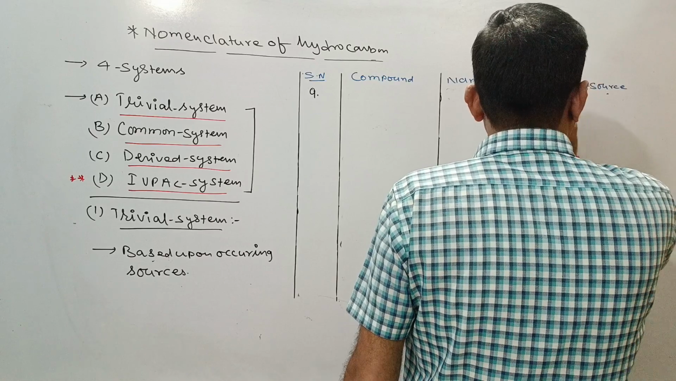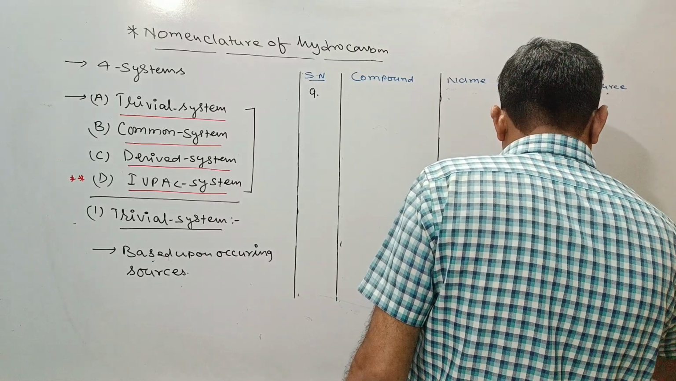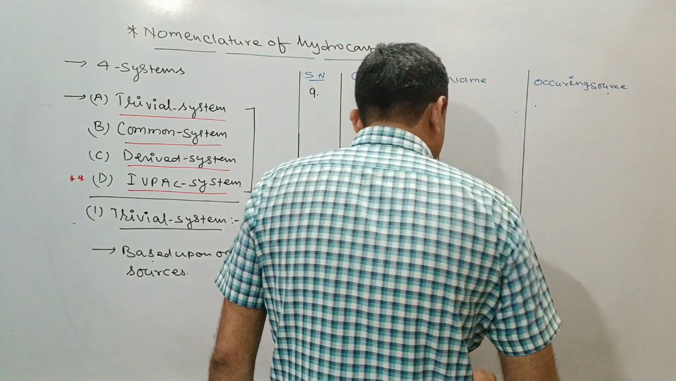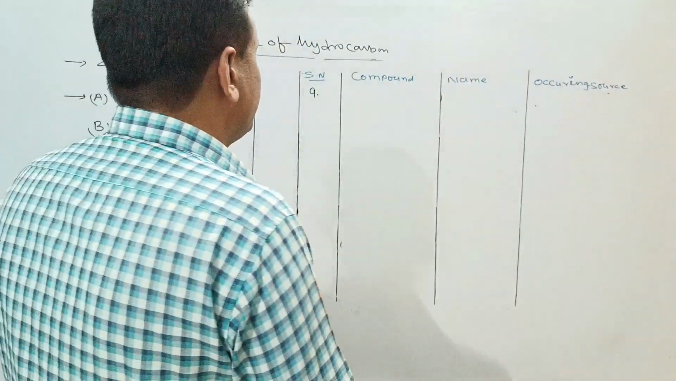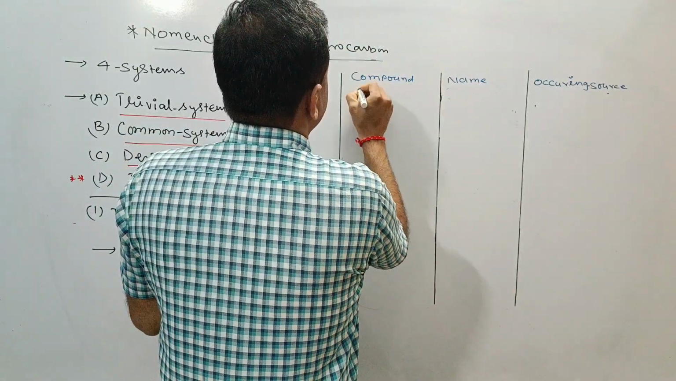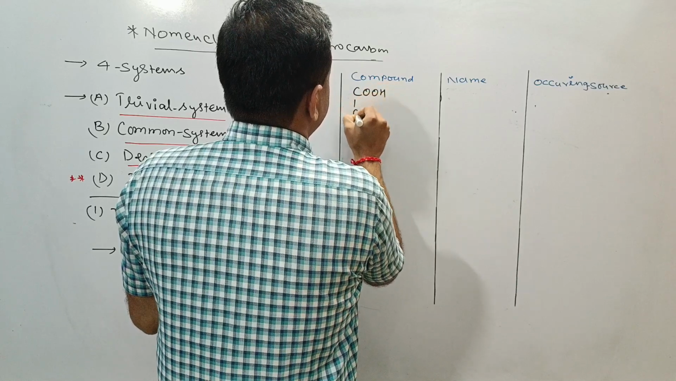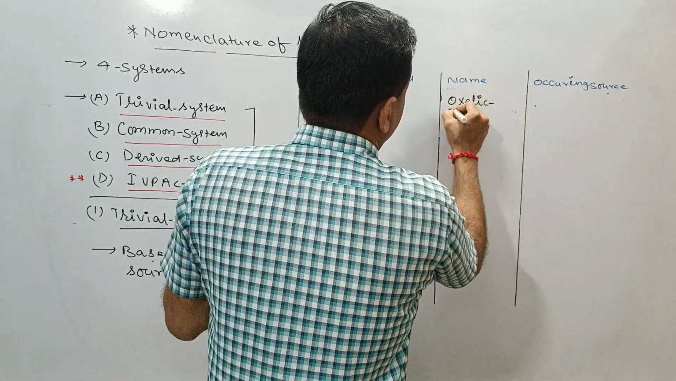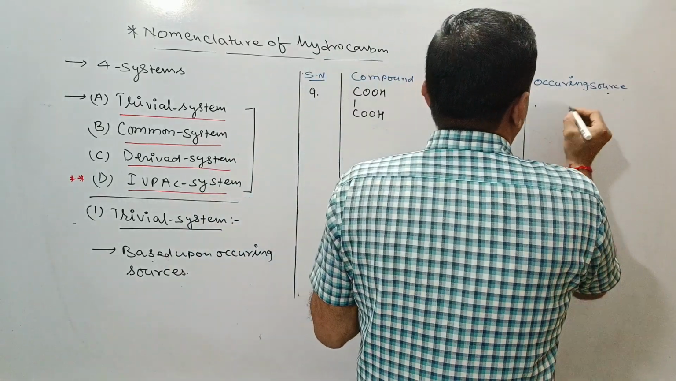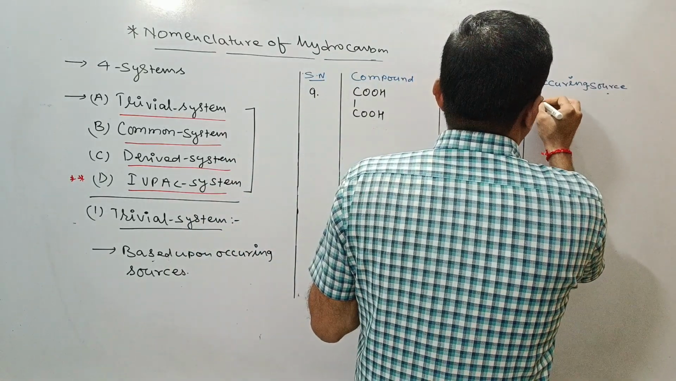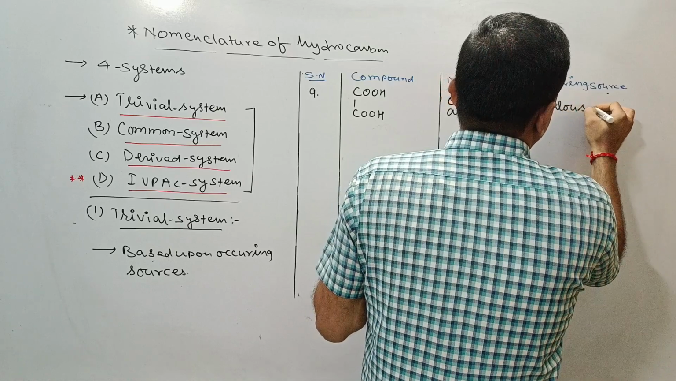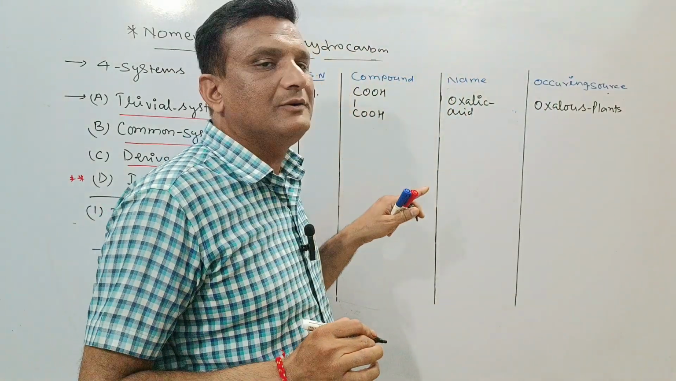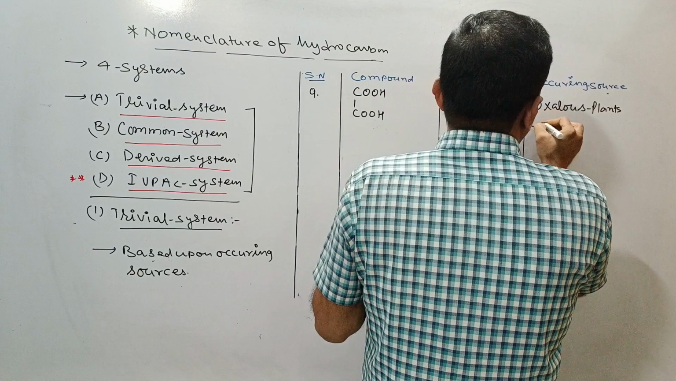Occurring salts, which are very important, you have to learn, especially for class 11th and 12th, because there are a lot of compounds. Now the ninth compound is COOH, COOH. It is called oxalic acid. Occurring source is from oxalous plants, such as we can extract from tomato,